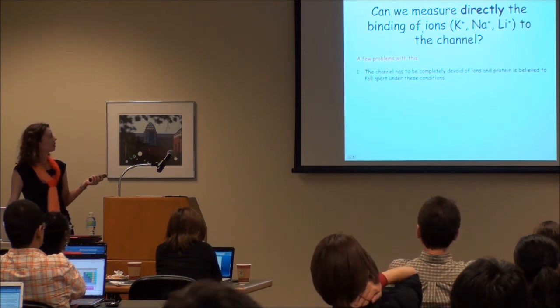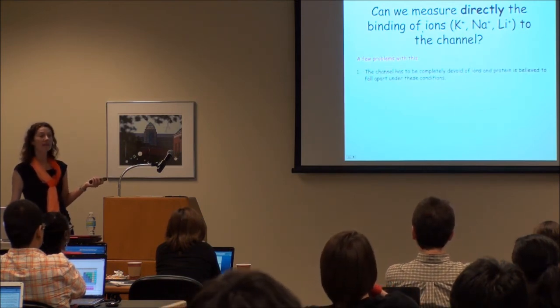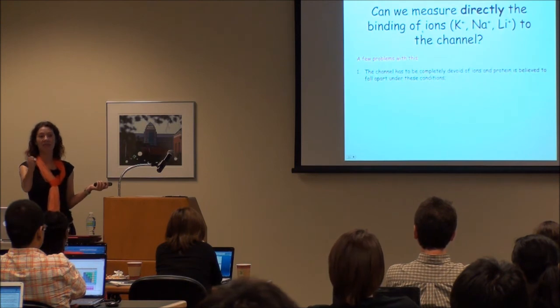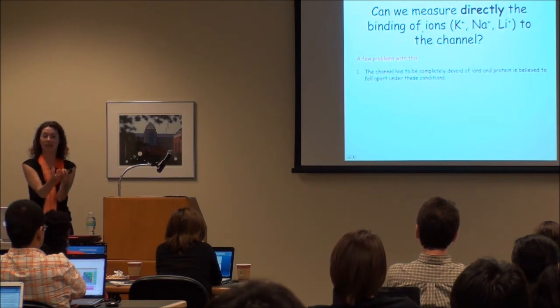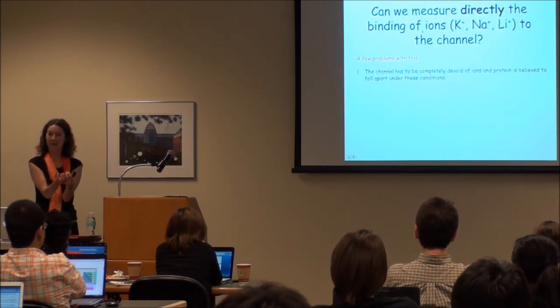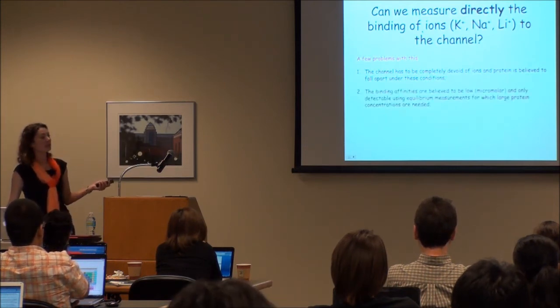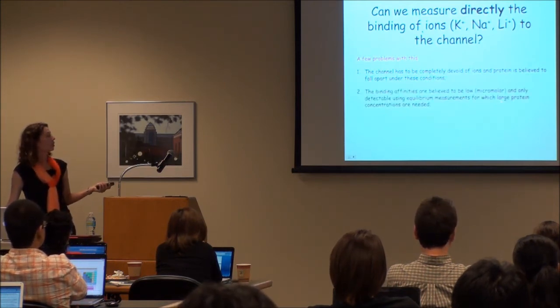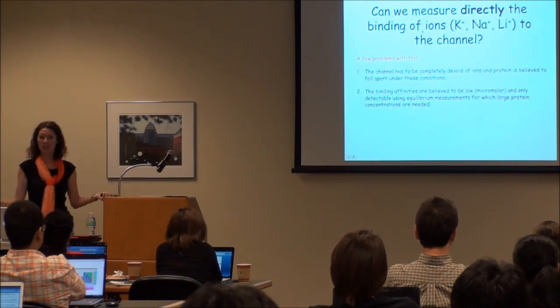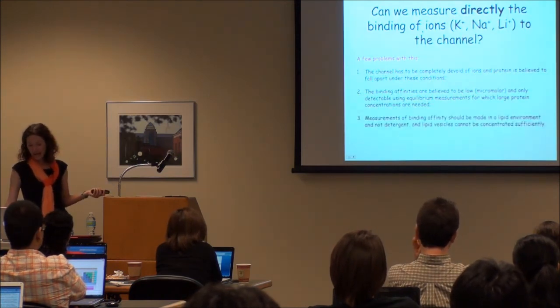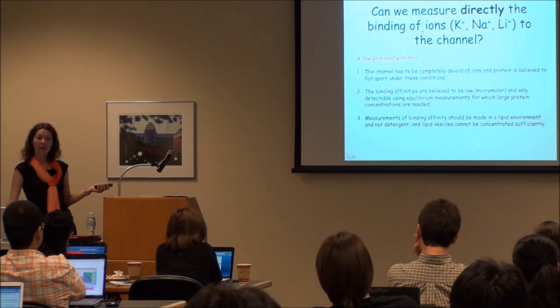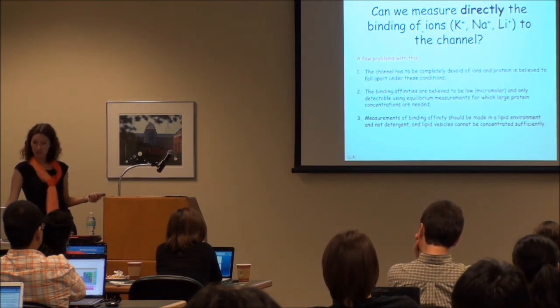The channels don't like to be empty of ions, and in order to measure binding of something to something else, you first have to have something without anything bound, right? The binding affinities are believed to be low, so you need to do equilibrium measurements, and you need large concentrations of proteins. And you need to do this in lipid environments and not in detergent, because you need to measure